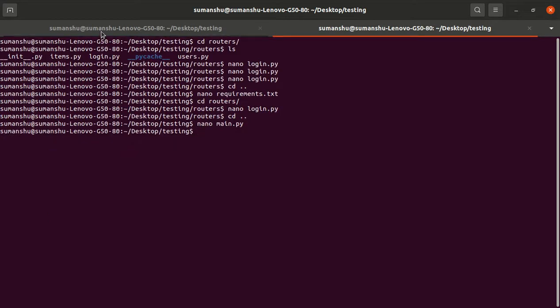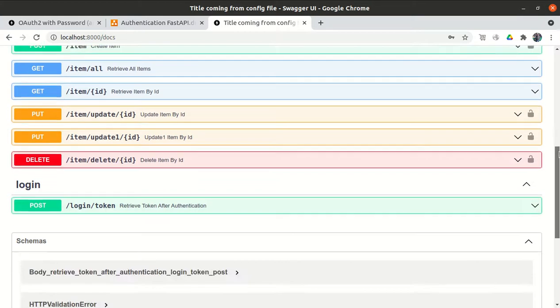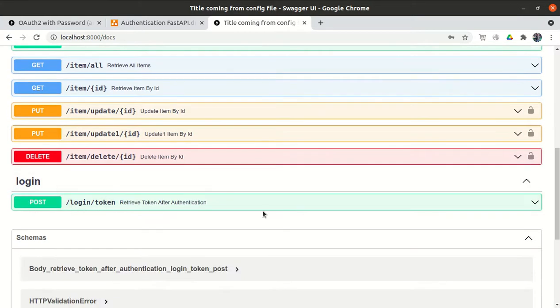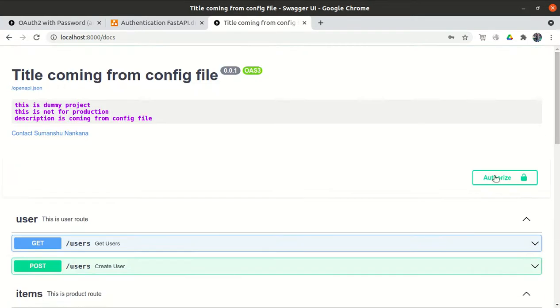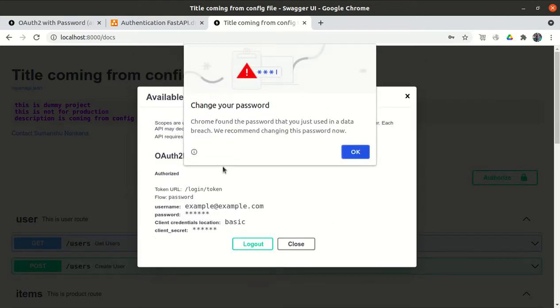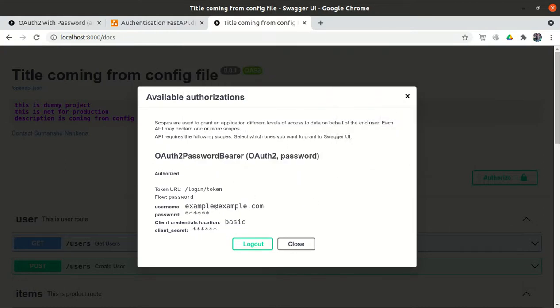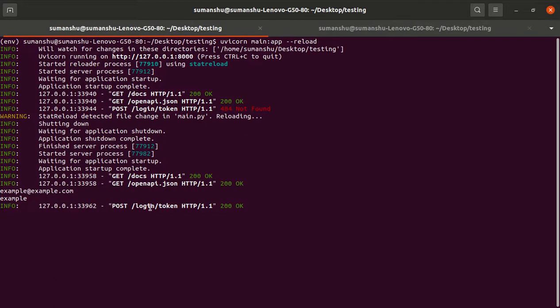Alright, now as the application is already started, if I refresh, you can see the login route here, right? And if I do authorization now with example@example.com, example, it is successful. It did not give me the error that /login/token doesn't exist; earlier it was giving a 404 not found.